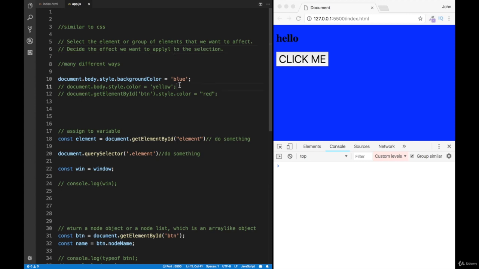See over here again, we have a color red. So instead of background color, we're going to change the color. So again, once I uncommented and once I refresh the page, you see over here, now the color